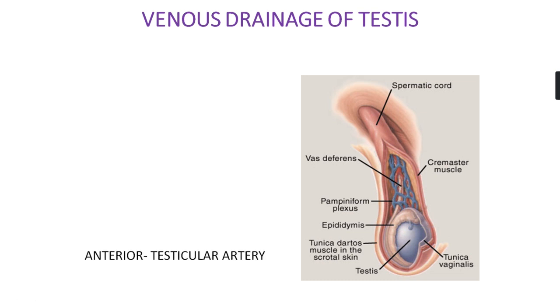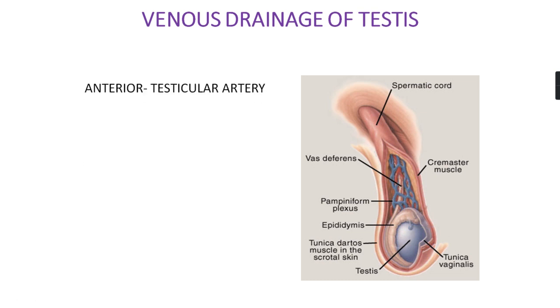Something about the venous drainage of the testis. The veins emerging from the testis form one plexus that is called the pampiniform plexus of veins. That is one of the factors helping the regulation of the temperature inside the testis, inside the scrotum. So, the anterior part of the pampiniform plexus is arranged around the testicular artery, the middle part is arranged around the ductus deferens, or you can say the vas deferens, and the posterior part is isolated.